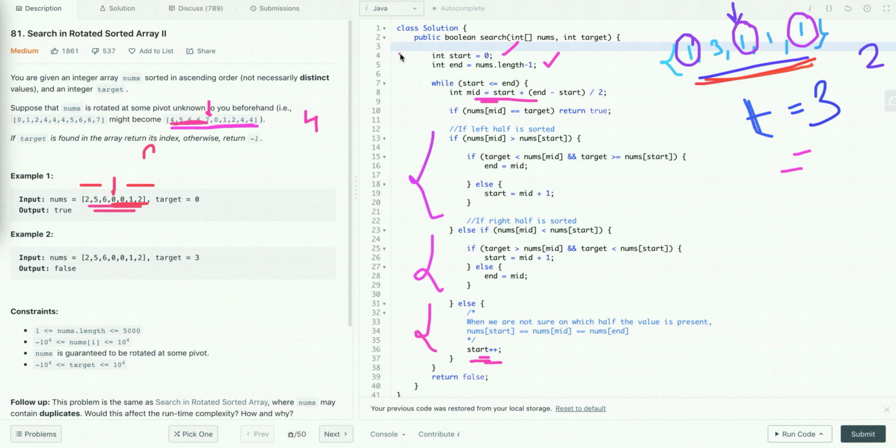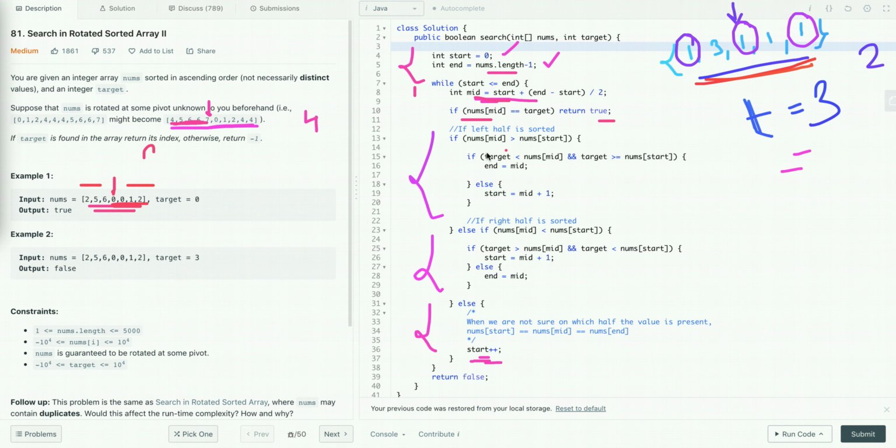Let's see the code. In this code, the first step is to declare two variables. So here I have declared two variables, start and end, and start is initialized with 0 and end is initialized with array length minus 1. Then we run this loop while the value of start is less than or equal to end. Then we first compute the mid and we check whether the value present at mid index is equal to target value.